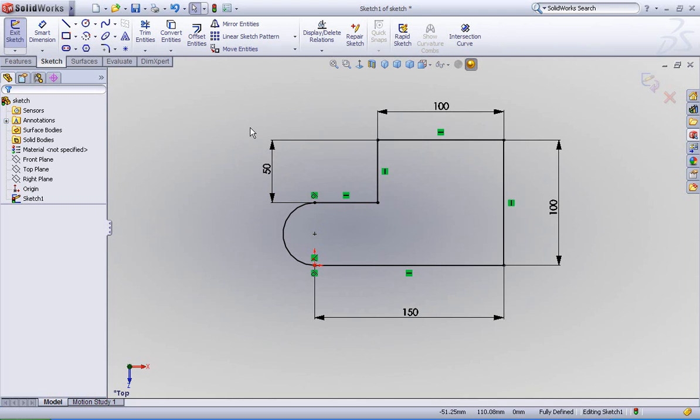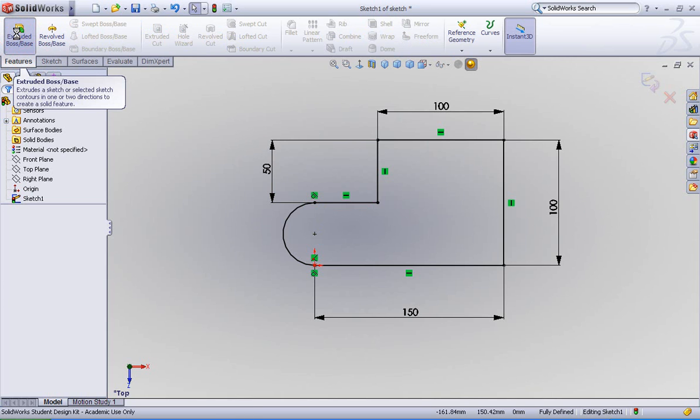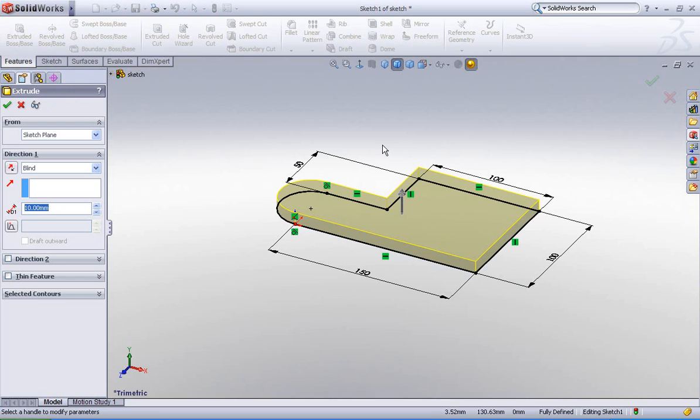So now that my sketch is fully defined and complete, as well as closed, I can now extrude it. So I'm just going to use the Extrude Boss Base feature here. As you can see, the Extrude Boss Base feature opens up a new feature manager. You'll notice that this new Extrude feature manager has appeared, and this basically details the parameters and anything you can change about your extrude, from the sketch plane, from where you want the extrude to originate, to the direction and